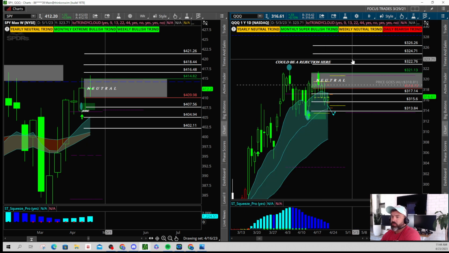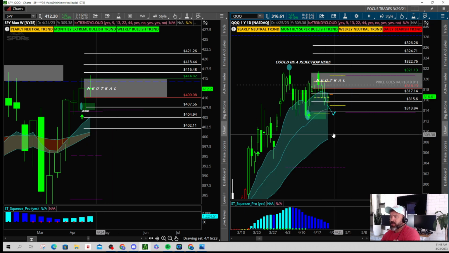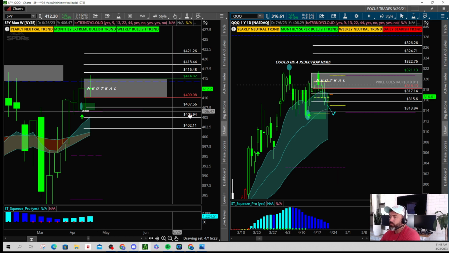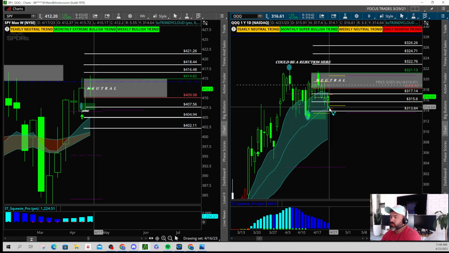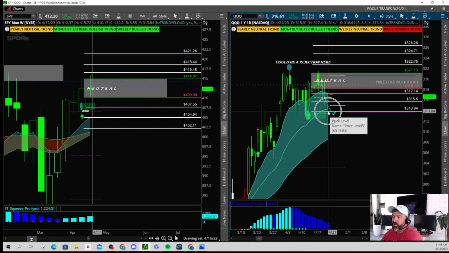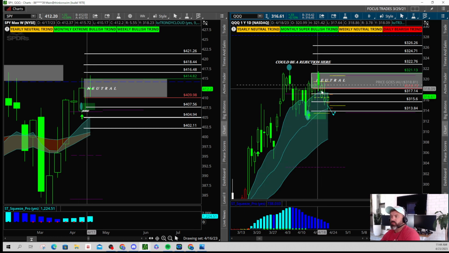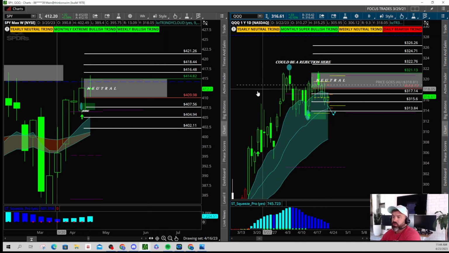Over here on QQQ, this is on the daily just to kind of show you that Monday, Tuesday, Wednesday, Thursday, and Friday. We never could sustain or hold over the green level, but when we did break down underneath the red, the strategy we looked to go short. Prices did hit T1, T2, and we just missed T3 by looks like a few pennies there. But either way, I do believe this worked out as well. Okay. So just a quick review. If you have any questions about the SPY and QQQ neutral strategy, just let me know.